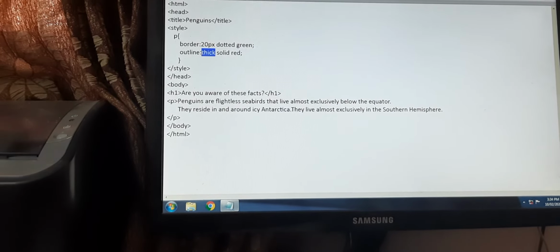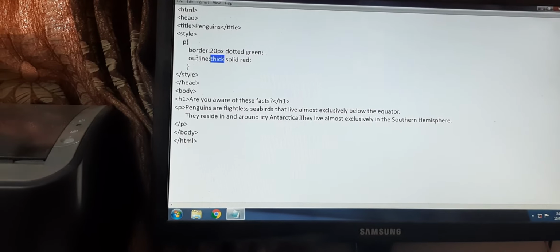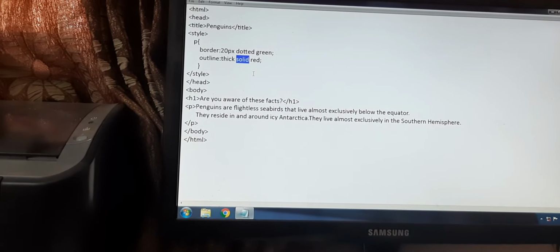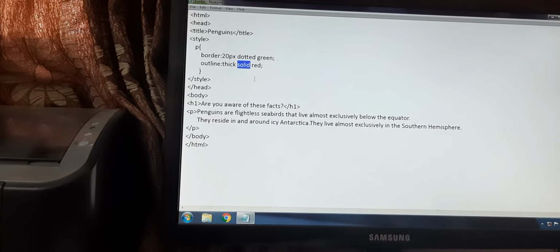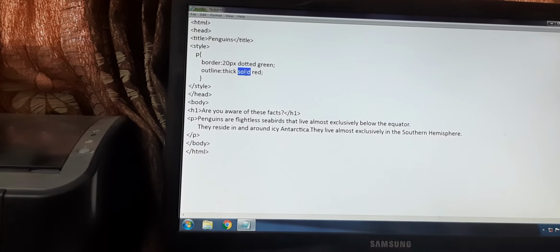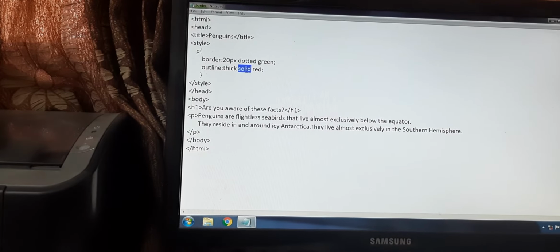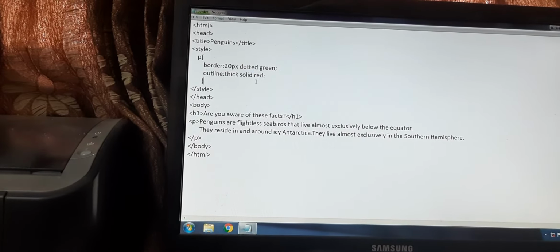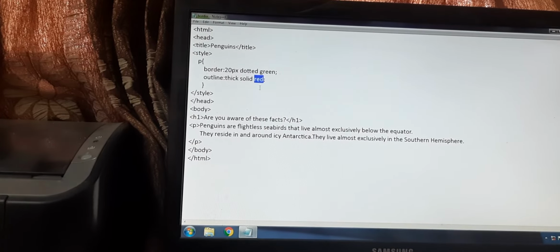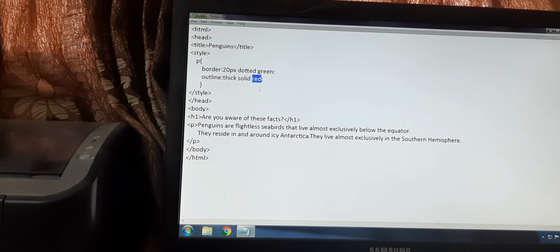Out of these 3 values I have chosen thick. Solid here is the outline style. Just like your dotted, you have solid also as an outline style value. And red specifies the outline color that we have chosen for this program.